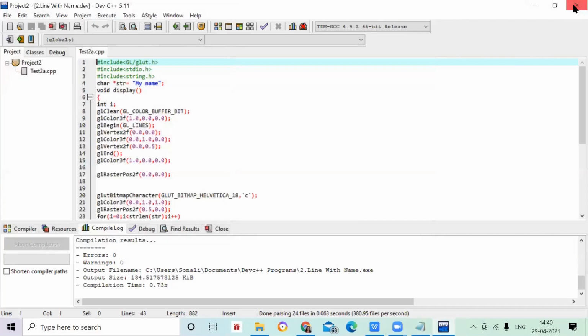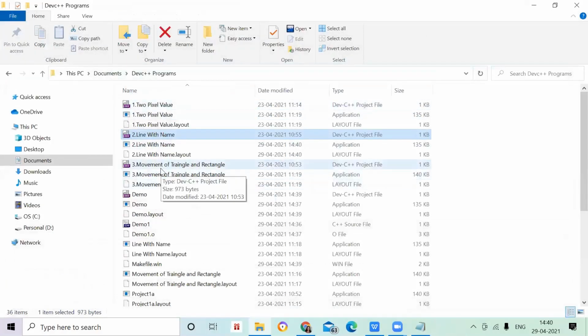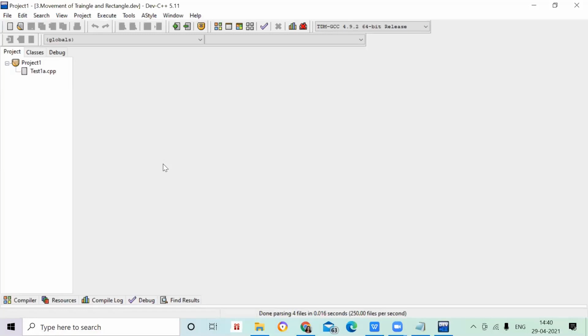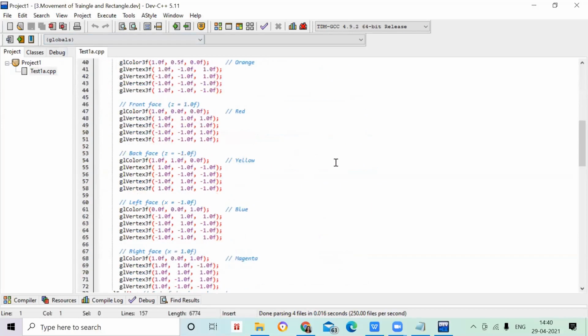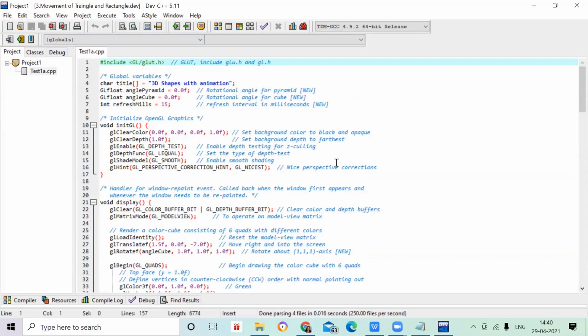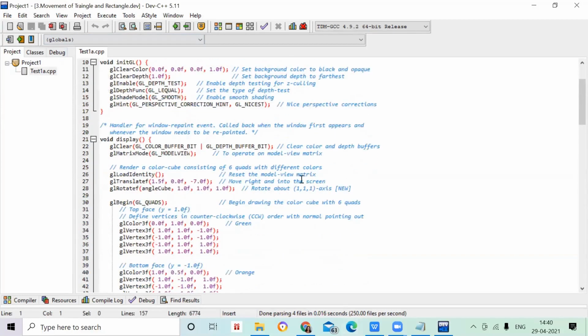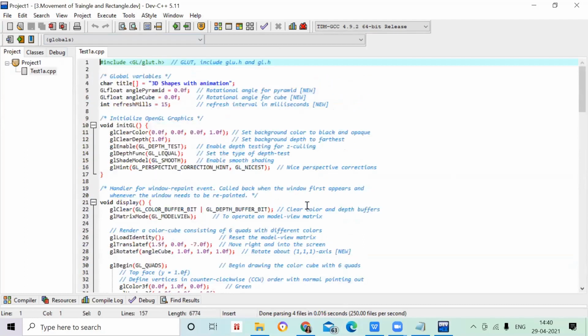I'll just show you one more program also, how it looks. Here I have some movement of a triangle and rectangle. I'll show you this also. It is a similar process of executing the program. There is no different process of writing the programs or anything else. I will give you the website name of multiple programs where you can copy and paste and try the varieties of programs, because it can help you to do the project. So if I compile and run,